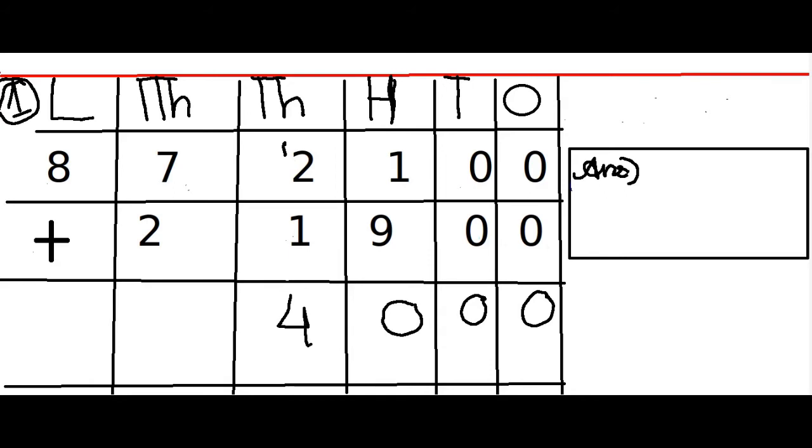So you have to first add 2 plus 1. 2 plus 1 equals 3. And then the carry over 1 which was left to be carried here. So it is 4. And over here in the 10,000 column, 7 plus 2. So it's 9. And since we don't have anything here, it's a plus sign, so we will consider it as a 0. So 8 plus 0 equals 8. So the answer over here is